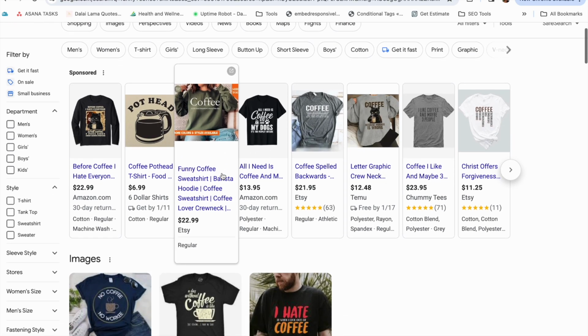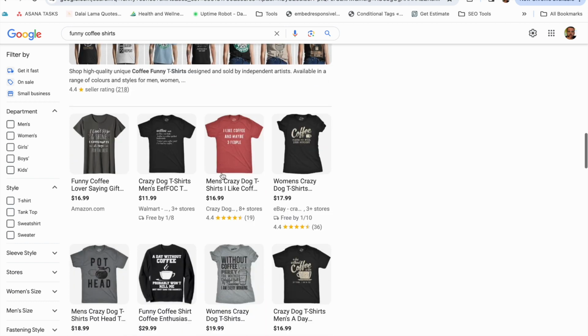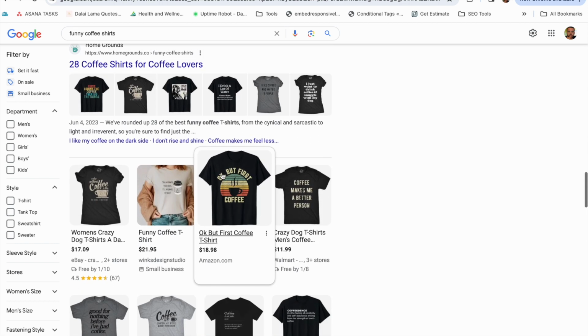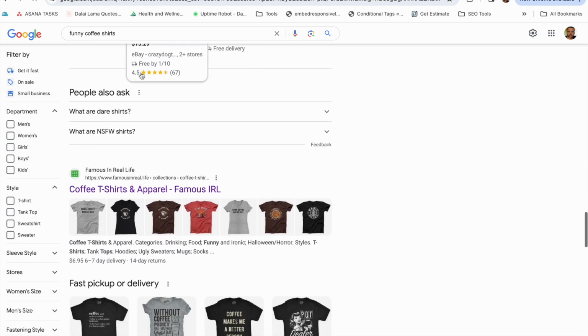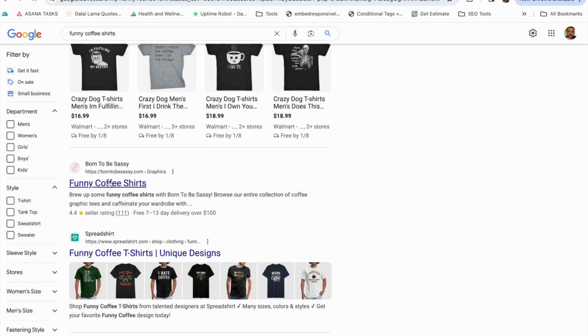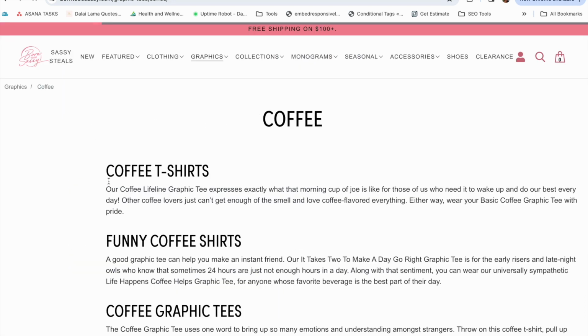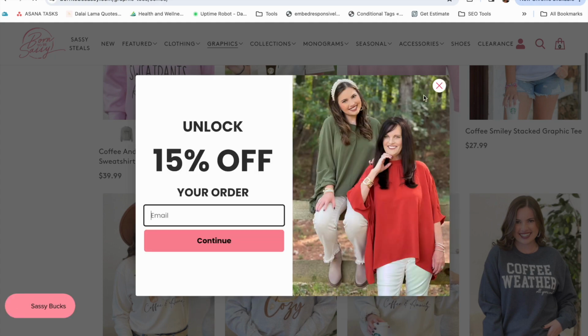So here, as we navigate to Google, what we're going to do is just put in our key search term, and then let's just look to see how populated the landscape is. From here, we can go into a website or two and get pricing strategy and maybe see what designs are offered. But this really is just to validate our market and our niche selection.